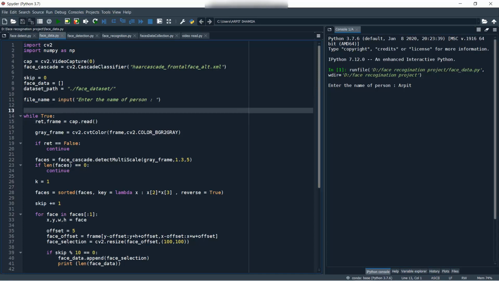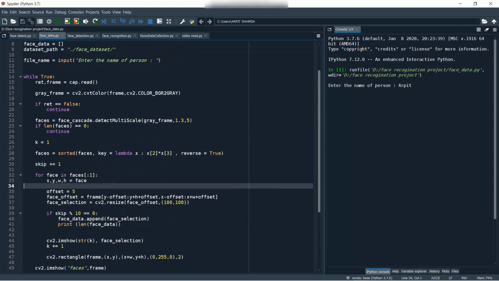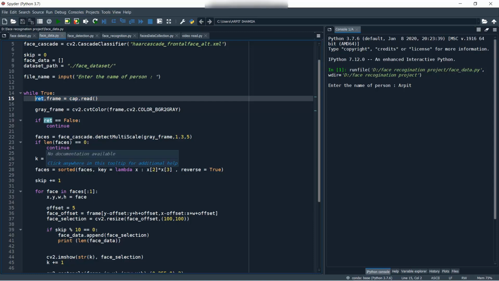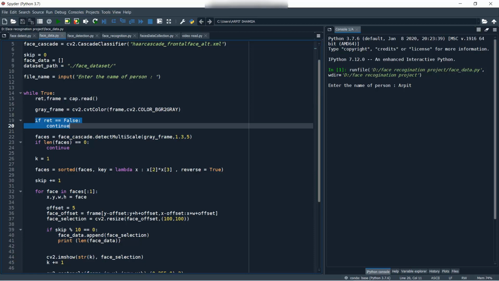So now we are opening our camera and we will store our data feed now. Okay. So in a while loop, which is always true, we are just doing this code. So let me just explain what we are doing here. Okay, so ret comma frame is equal to cap.read means that ret is basically a boolean variable which just checks whether the camera is open or not, and frame is a variable where we are capturing our camera feed. Okay, and here we are just checking that if the camera is not open, then just continue and don't do this iteration.